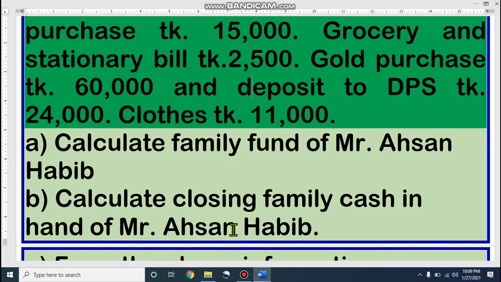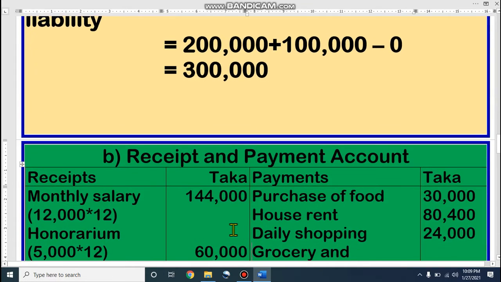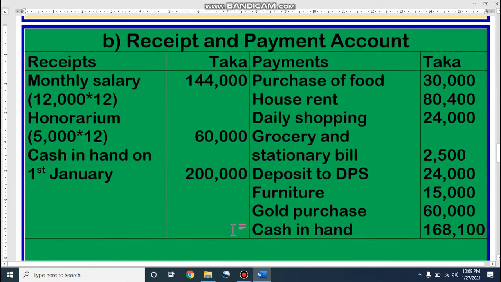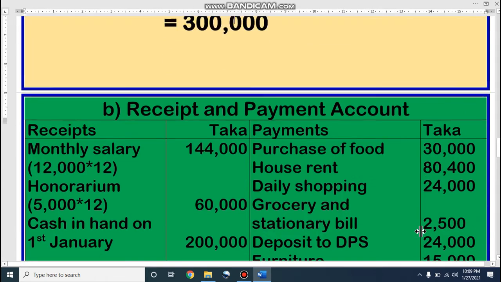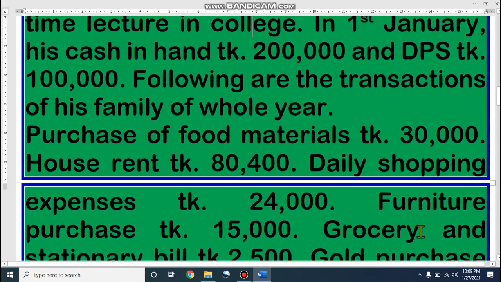Dear student, let's see the format. Look at receipt and payment account. On one side we will write all the receipts, and on the other side we will write all the payments, and total of payment will be subtracted from total of receipt, then it will be closing cash in hand. Dear student, let's see the question. What are the receipts we have, what are the payments we have? Look at